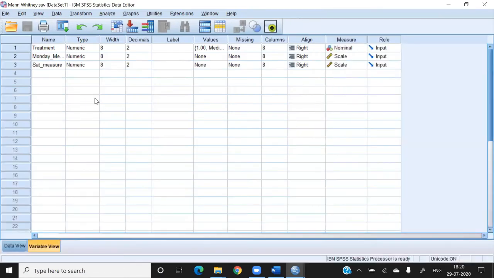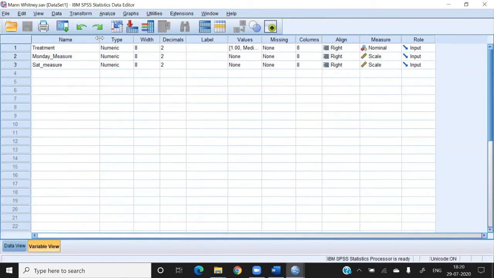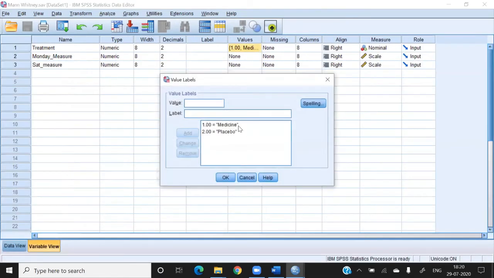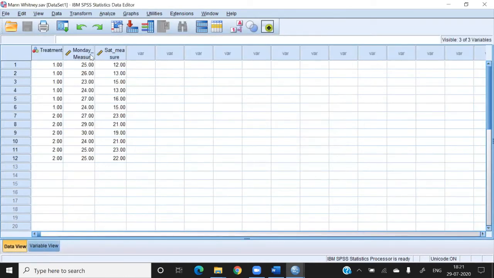Okay. Now, what happens in this case? The medicine and placebo case is there. So there are 6 and 6 patients in group number 1 and group number 2. In group number 1, we have 6 patients. In group number 2, we also have 6 patients. The number of people in different groups may be different here.